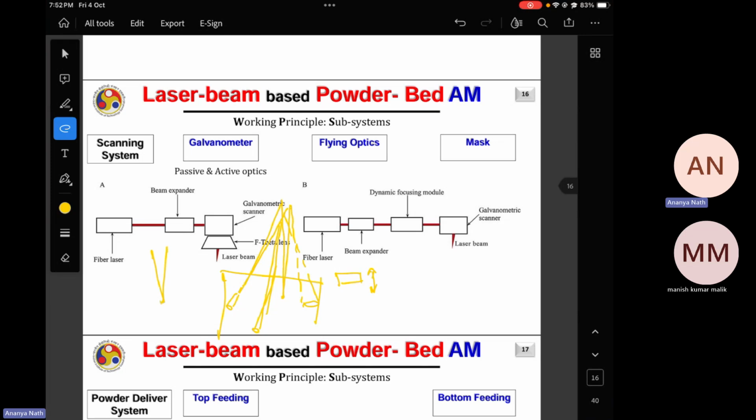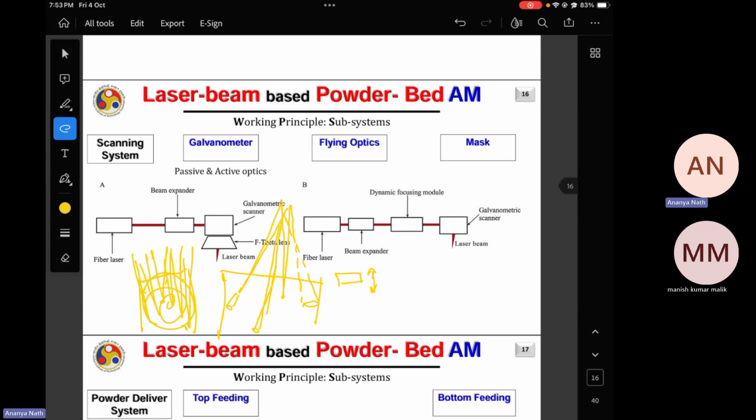This should be like, this is the build chamber, so this is focused, this is also focused, focused, focused. Wherever the beam is going inside the build chamber, everywhere the laser should be focused. In that case, the F theta lens is useful. So the combination of F theta lens and galvo scanner is very popular in the powder bed fusion process, or laser powder bed fusion process. In case of laser only, this galvo scanner and F theta lens is useful. For any other heat source, this setup is not useful.